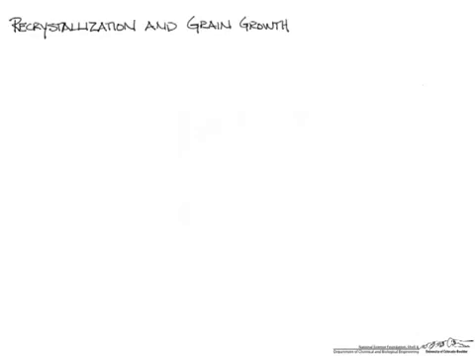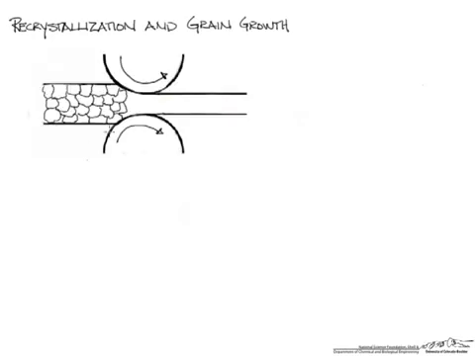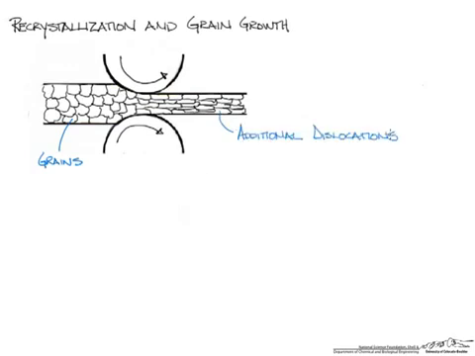To give you an example, if we roll a material, so this means that we take a piece of material and we're trying to flatten it so the thickness of it is reduced. As you start to roll this material, on one side you will have your original size grains, which will enter the roller. These grains are going to elongate as they go through the rolling process. In the grains that have elongated, we can expect additional dislocations and increased grain boundary surface area. So in essence, we can anticipate that these grains are going to have more energy on this side